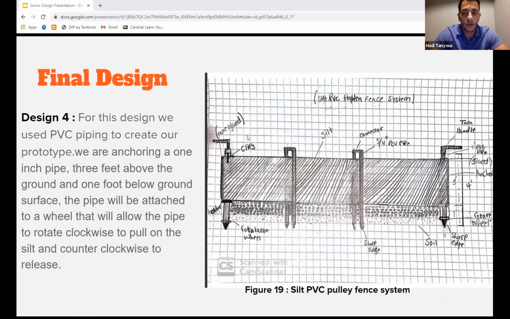In the figure above, we're using PVC pipes to create our prototype. In doing so, we're providing durability and long life to the silt fencing system. Adding on, we're anchoring a 1-inch pipe 3 feet above the ground and 1 foot below ground surface. The pipe will be attached to a wheel that will allow the pipe to rotate clockwise to pull and